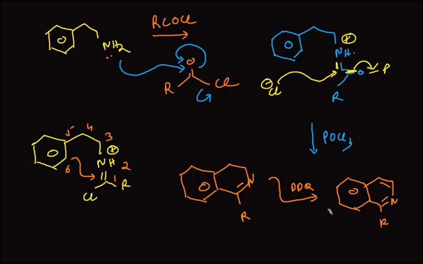Again, this is a very typical question. They can give you this as the first step, addition of RCOCl then POCl3. So you have to identify that a Vilsmeier reaction is taking place, and after the Vilsmeier reagent is added, you will get this final intermediate, or product, and then when you add any oxidant, like for example DDQ, it will lead to aromatization, and finally you will get this cyclized product. Okay, so this is a very interesting question. These are the ways the question can be framed.